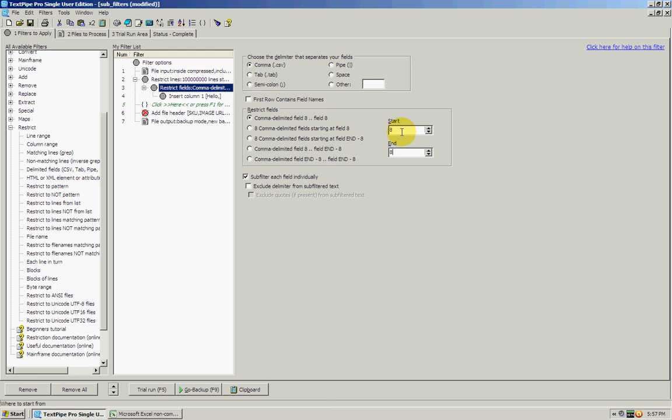So it's a very, very handy thing to be able to do a search and replace on the exact data